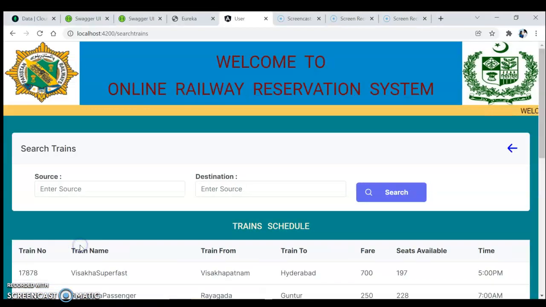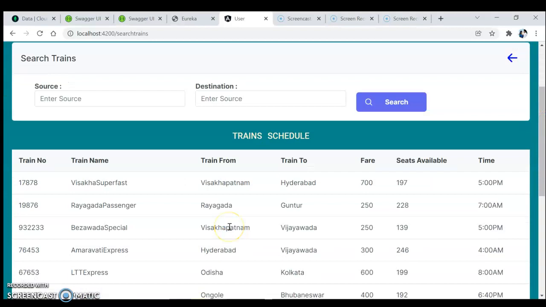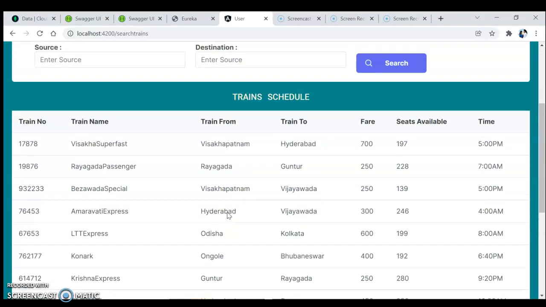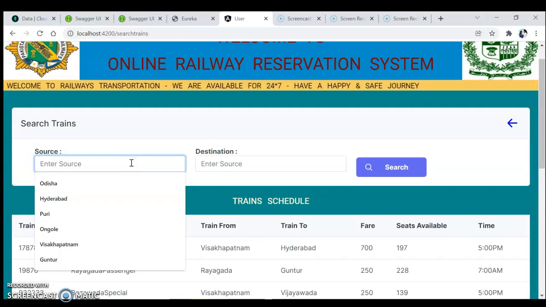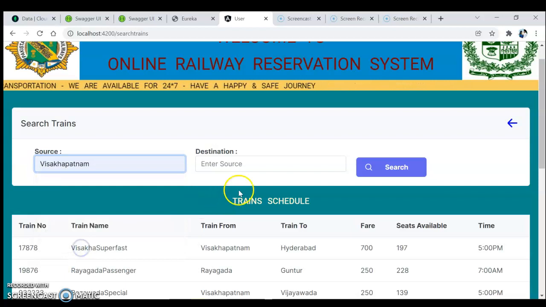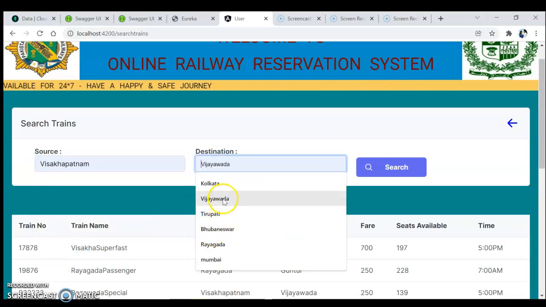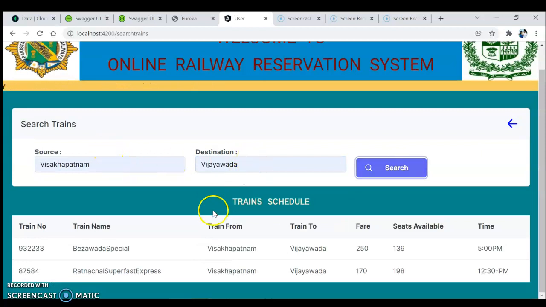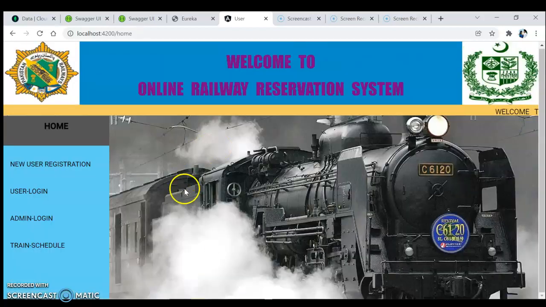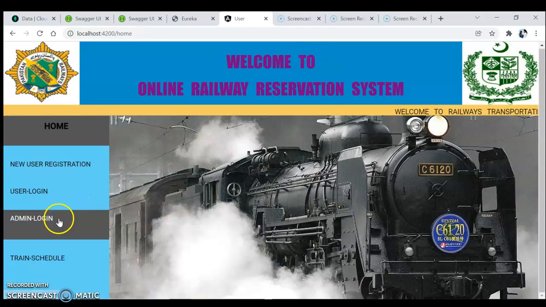Coming to the train schedule, irrespective of the role, a user can search the trains here and an admin can also view the trains here. If anyone needs to get the data of trains between stations, by entering the source and destination, he can get the data of train availability. Here is the back button. Okay, then coming to the admin login,